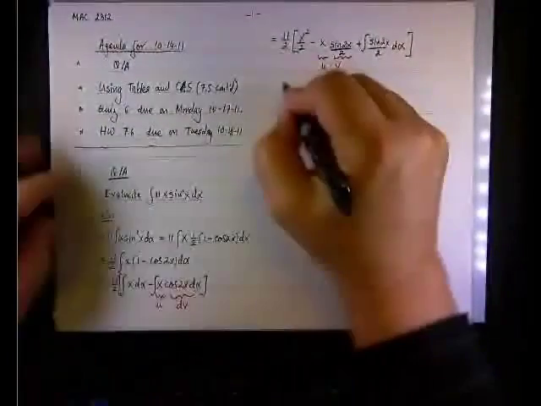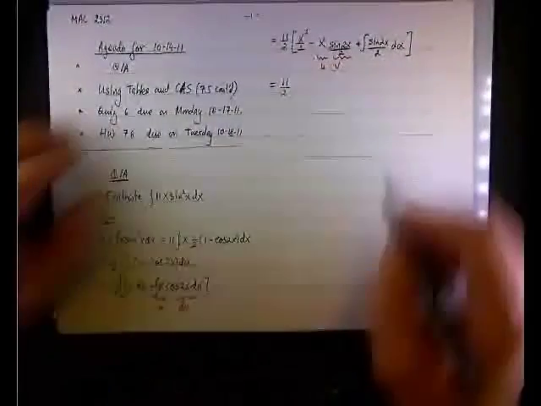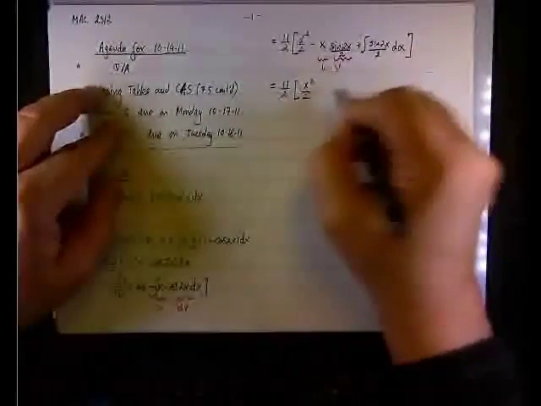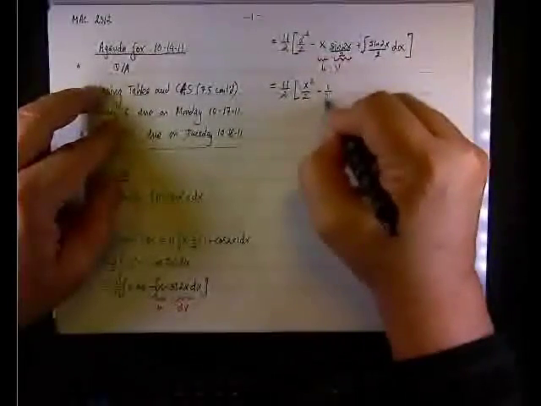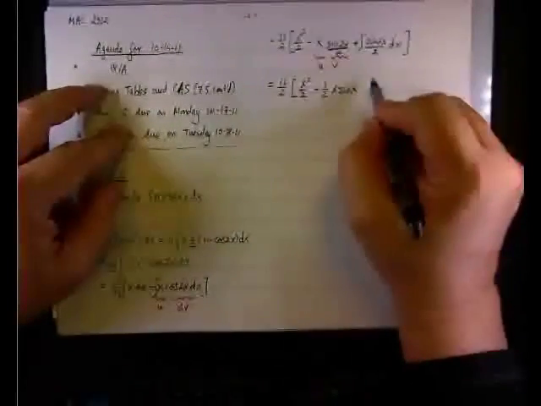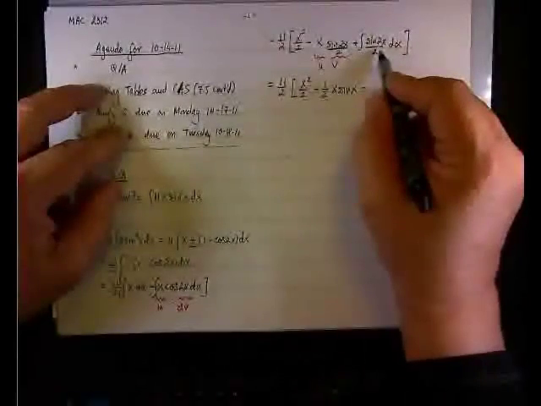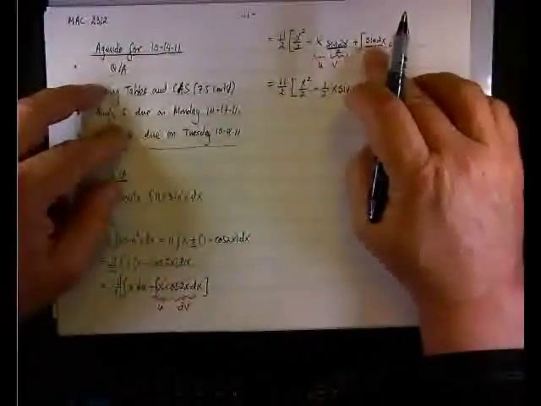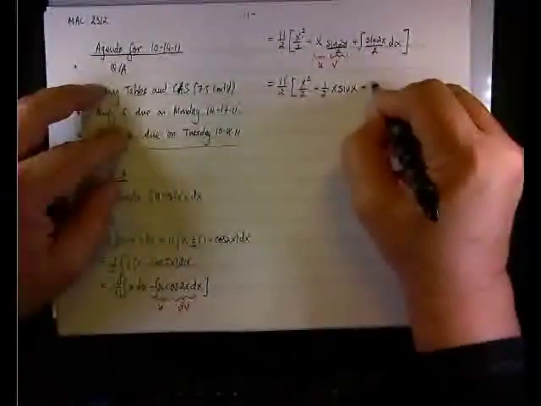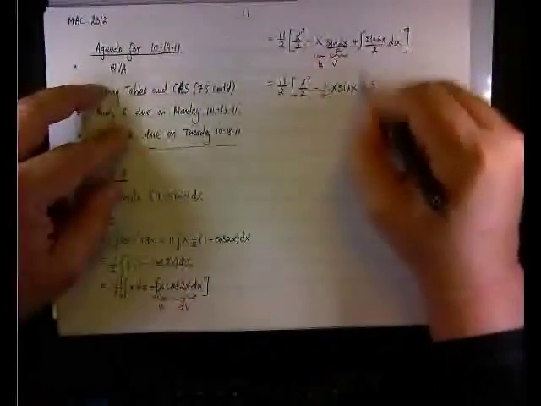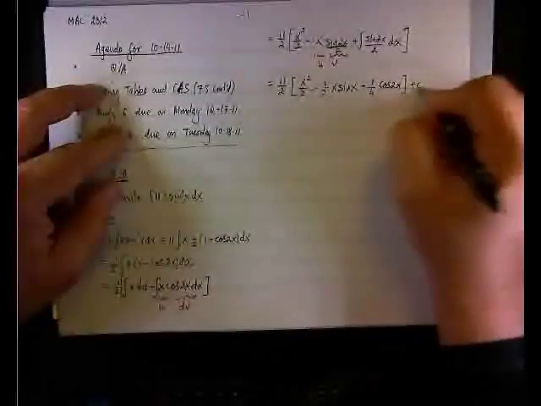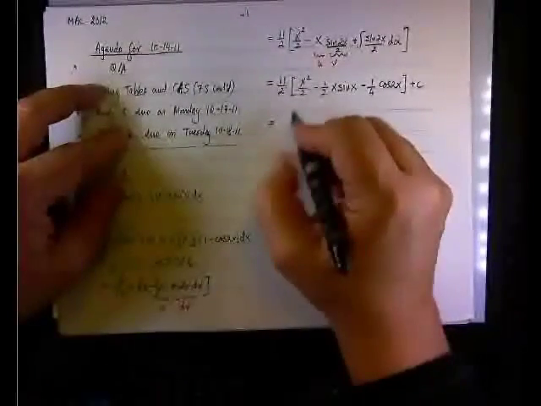So we continue. So we have 11 over 2 times x squared over 2, and here we have minus, I can write it now as 1/2 x sine 2x, and the integral here will be negative because the integral of sine 2x dx will be negative 1/2 cosine 2x, but we have another half over there, so it will be minus 1/4, change the sign to negative cosine 2x, like so, plus c, and now let's bring it home, and we end